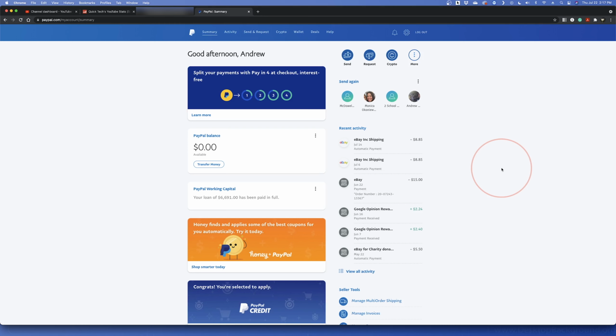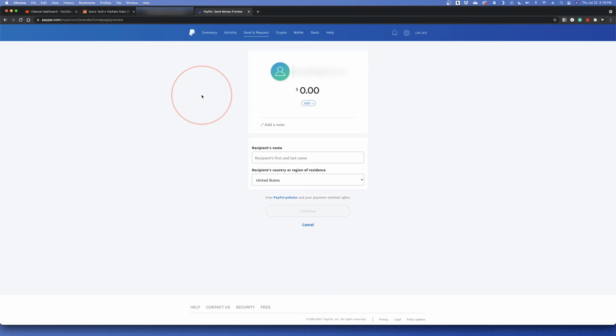To request money using the website, you can do this a couple of different ways. The first way is to have the person sending you money send money to your PayPal email on file. They can do this by going to paypal.com and logging in. Once there, they can go to send and then enter your email, username, or contact number. Once they choose that and enter the amount that they want to send, they can continue with the transaction and you'll receive the money in your PayPal account.